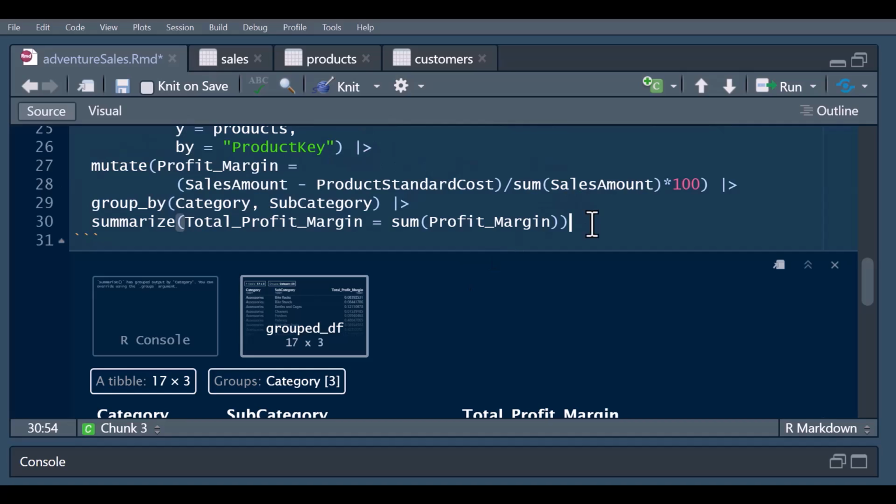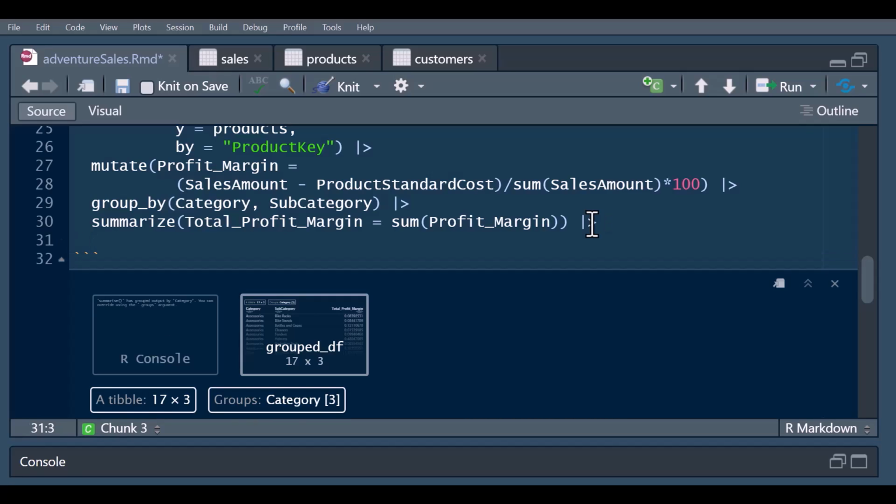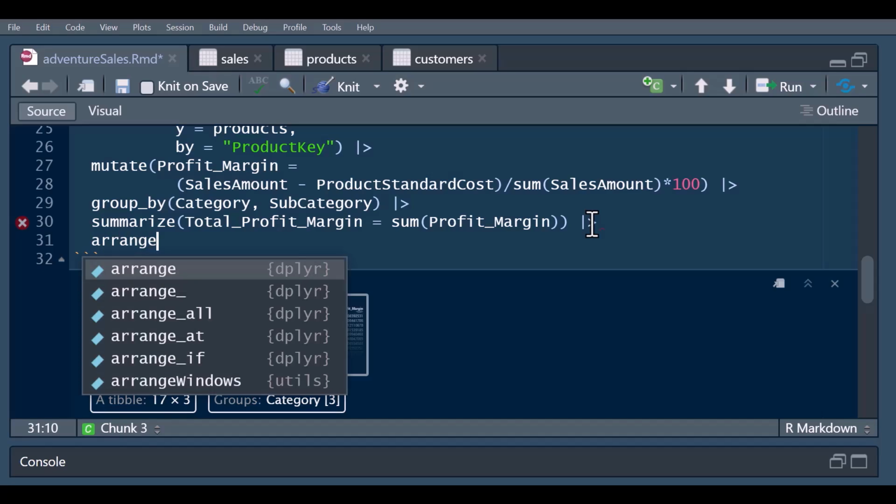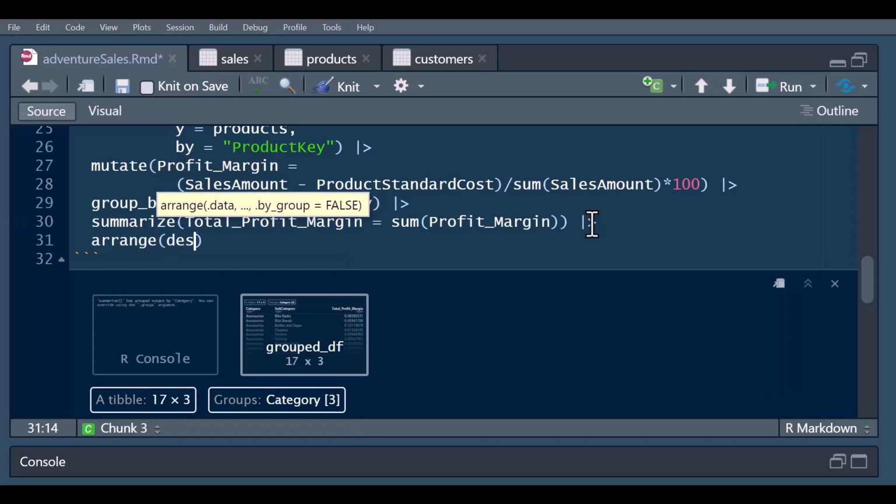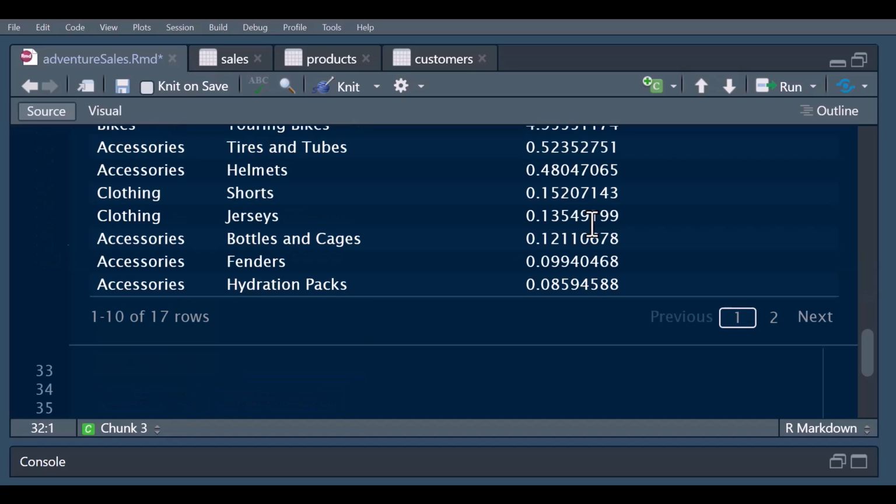But let's make this in descending order so that we can know the subcategories where the highest profit margin was made, then down to the category where the lowest profit margin was made. If I pass this to the arrange, the arrange is going to be in descending order of total profit margin. So you can now see that